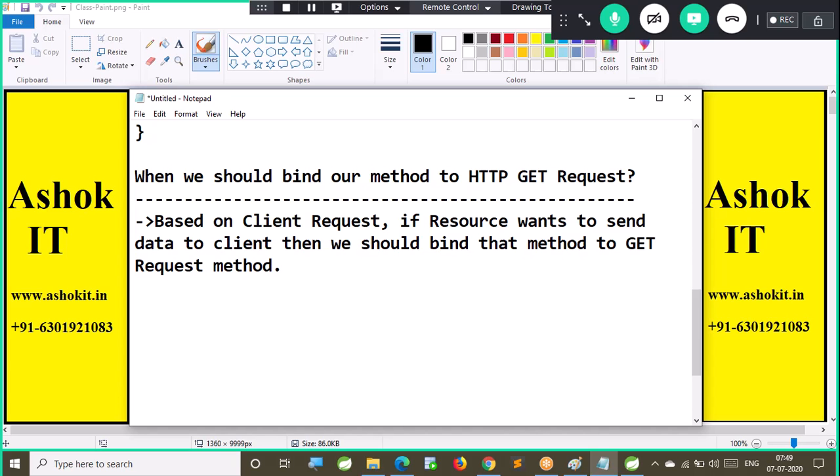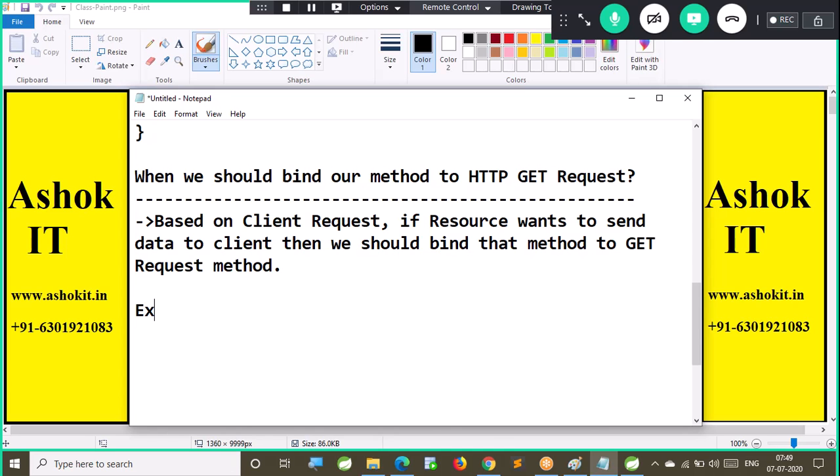I will write n number of methods in my REST controller. Which method do I need to use when? When should I bind my method to the HTTP GET request method? This is the use case. If the client is sending a request to get some information from the resource, then we should bind that method to the GET request method.